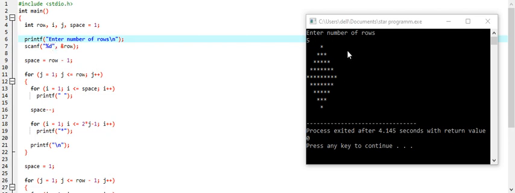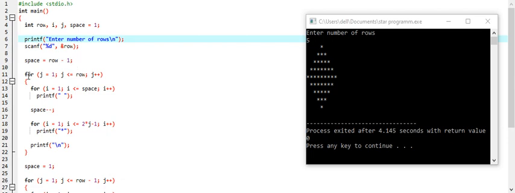As you can see, I have entered 5 here, so it means that this program should print 5 rows, that is 1, 2, 3, 4 and 5. So it seems that it's working fine. I have used a formula for space, that is space equal to number of rows minus 1. It means that whenever a user enters the number of rows, the number of spaces will be one digit less than the number of rows.